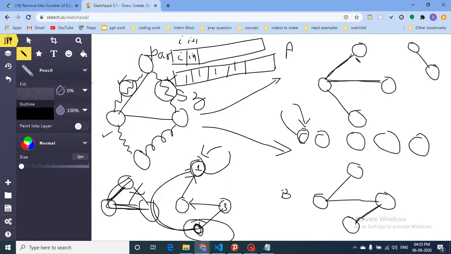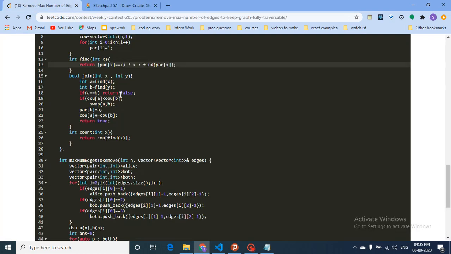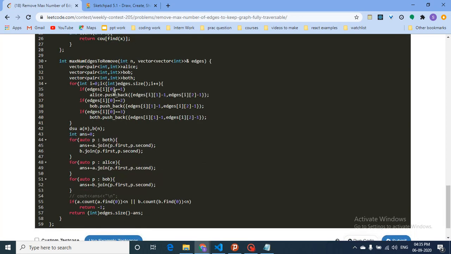If everything is already connected, then taking this edge is not beneficial. If I return false, it means 0, and when I call the join function, if this edge is not joining, it will return 0 and the answer will not increment because I am not joining any edge.